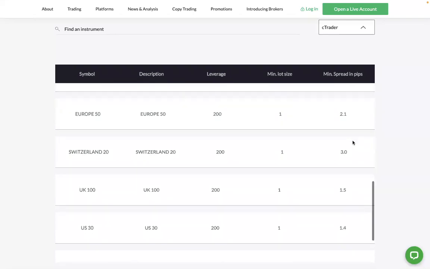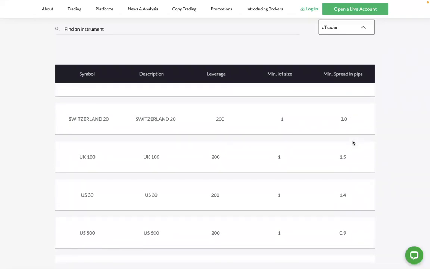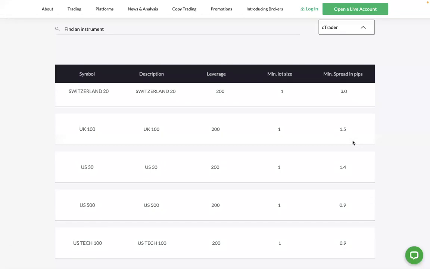Europe 50, spread is 2.1. Switzerland 20, spread is 3 pips. UK 100, so-called FTSE, spread is 1.5 pips. US 30, called Dow Jones, spread is 1.4 pips. US 500, which is, of course,